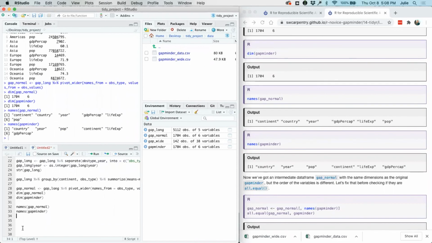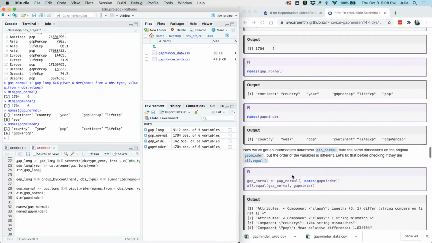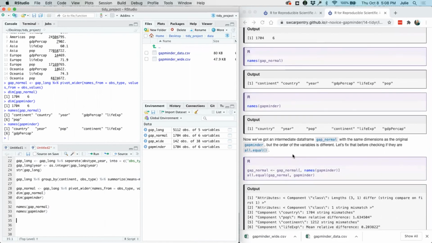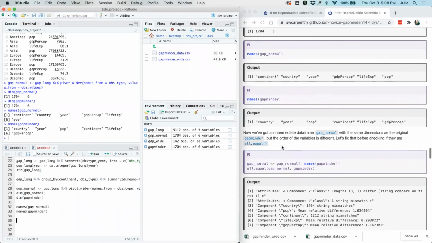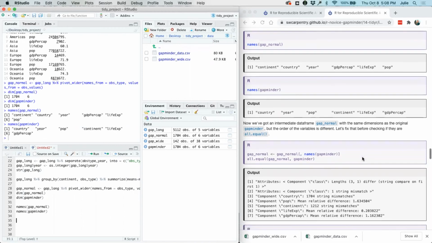And we see it's very close. So now we have this intermediate data frame, gap normal. It has the same dimensions as the original Gapminder, but we see that the order of the variables is different. So we see that this starts with country, year, pop, continent, life expectancy, and GDP. So let's fix that.